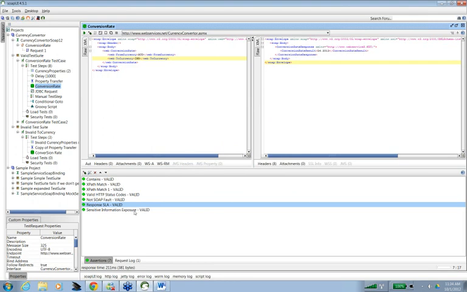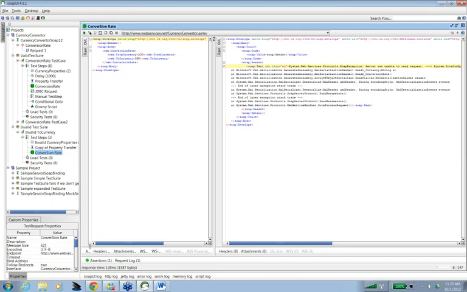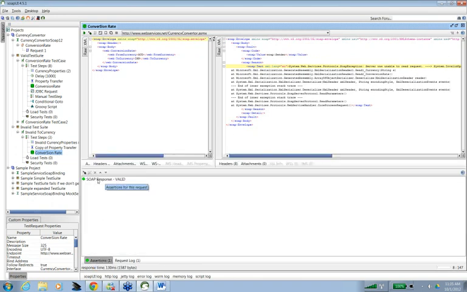So I'm not using any of these assertions here. This is one of the few assertions on this test case. So let's add some assertions in the other one also. Let's add a few assertions here. One is the SOAP response valid. The response has been received, it has been processed, yes.